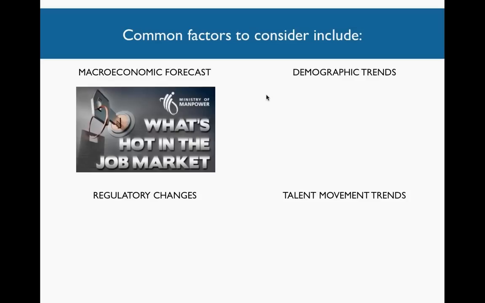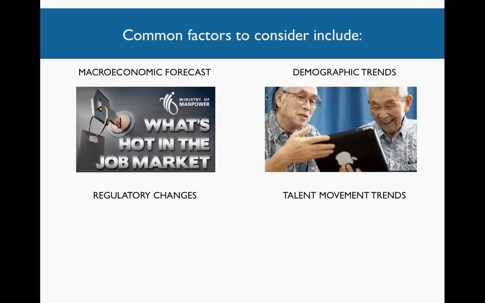Now, you need to consider some of the factors that I will be sharing with you, such as the macroeconomic forecast. In a vibrant, growing economy, usually it increases demand for talent, and it raises the cost of employment. Conversely, a challenging economy often increases the supply and the affordability of even the very best talent. And there are numerous publications you can use, which are readily available in the market, such as the report coming from the Ministry of Manpower. They publish statistics and trends based on locally collected information. So just to give you a good heads up.